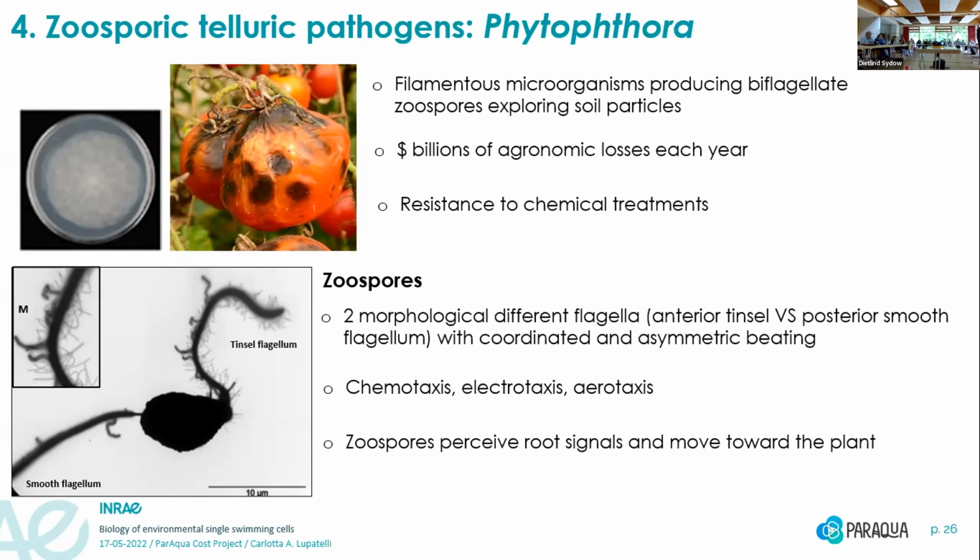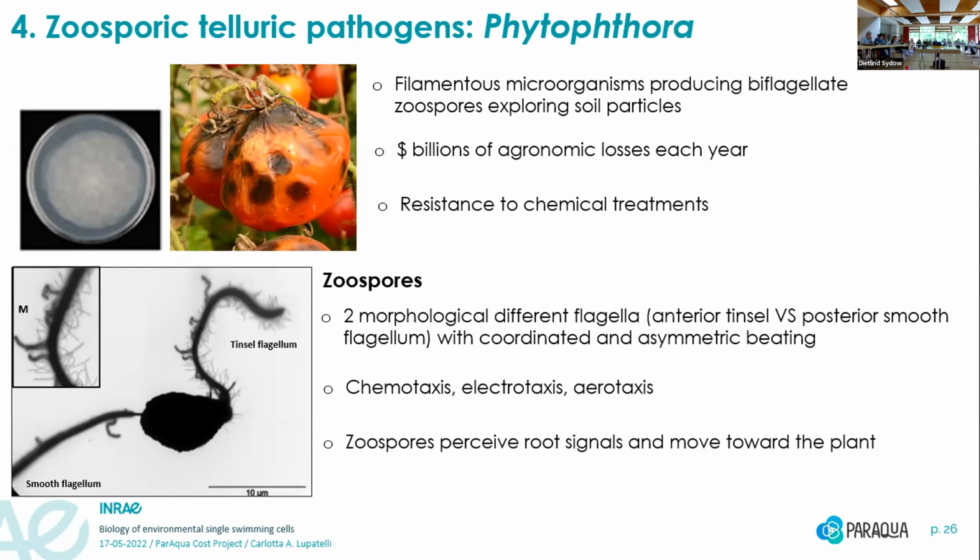analyzed in this. So, as I told you, the infectious agents of Phytophthora are represented by zoospores, which are produced during asexual reproduction. The main characteristic of the zoospore of Phytophthora is that they have two morphologically different flagella. An anterior flagellum, which is decorated by tripartite tubular hair-like structures, the mastigonemes. That is the reason why they are part of the Stramenopiles. While the posterior flagellum is a smooth flagellum, which, as you can see, does not present these